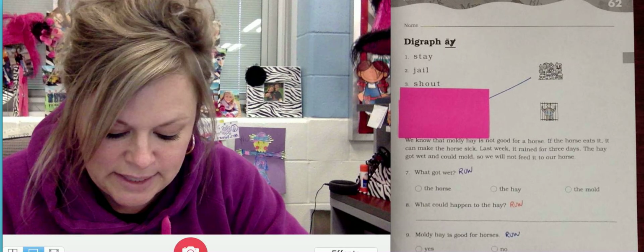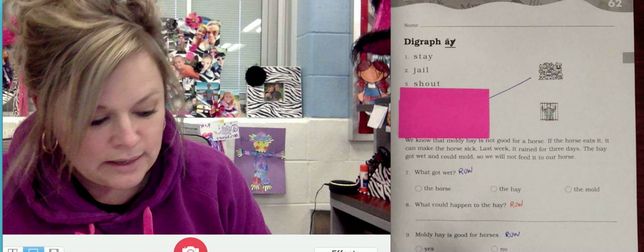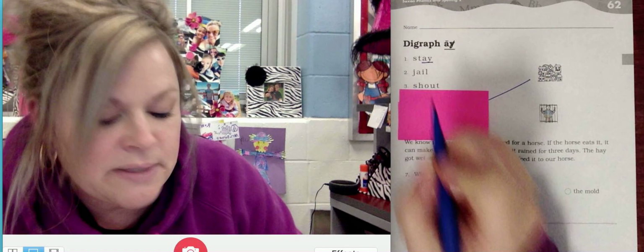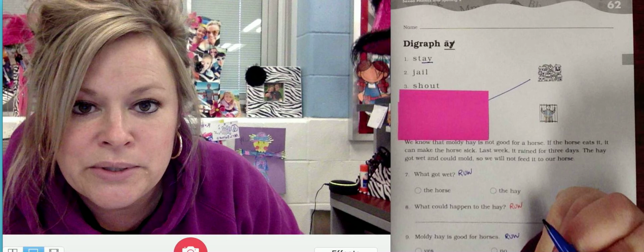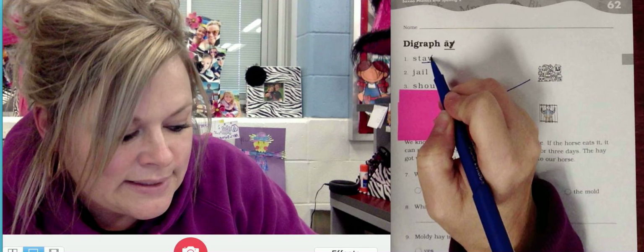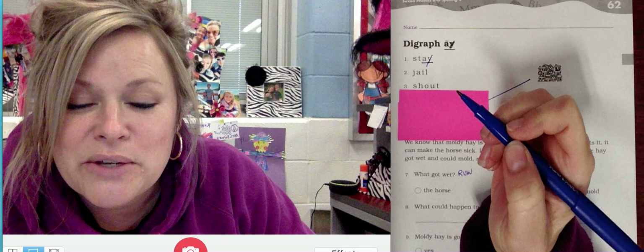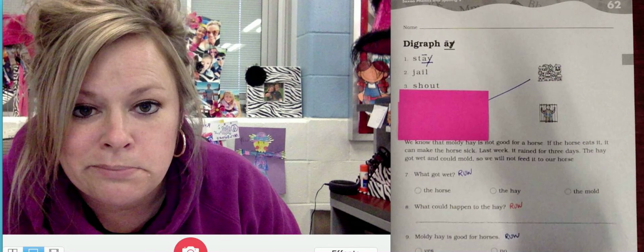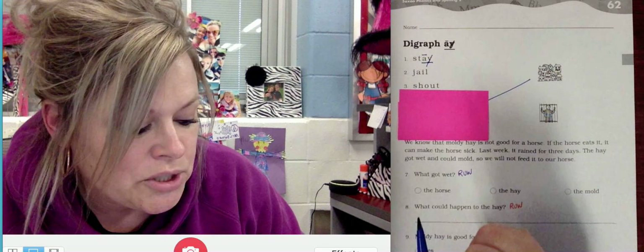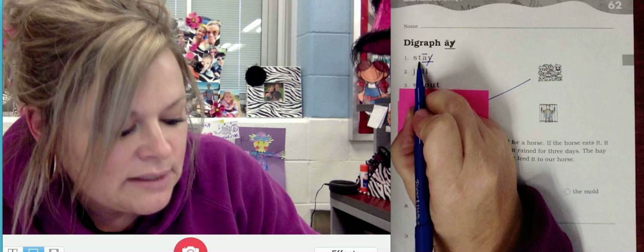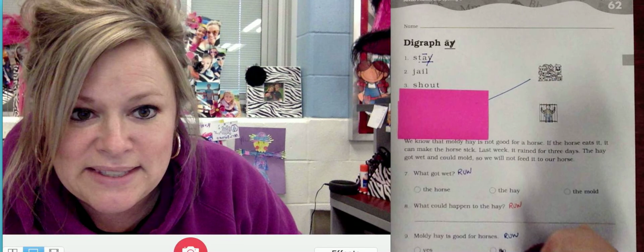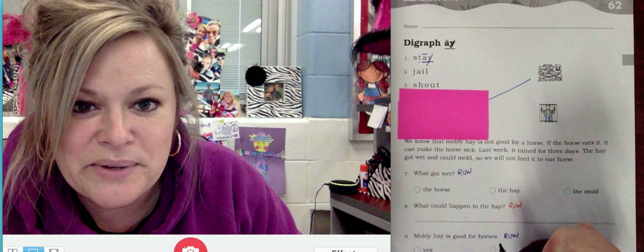So let's take a look at number 1. I see AY right away, and here is a little clue on how to code it. It is a digraph, 2 letters that make one sound. You don't even hear a Y, it's silent, so we cross it out. We do hear a long A sound. And the S and the T, they're a blend, they don't need coded. Let's just go ahead and sound it out. St, st, A, stay. And we just wrote that word, stay. Okay. Number 2,